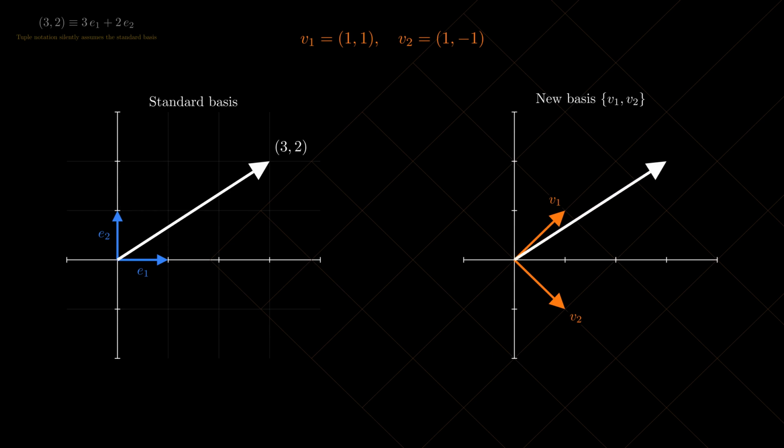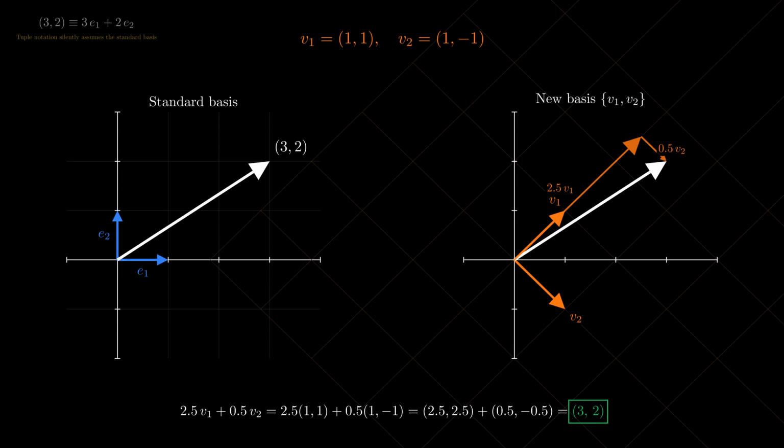The same arrow now decomposes as 2.5 times v1 plus 0.5 times v2. You can check it. 2.5 times (1, 1) is (2.5, 2.5), and 0.5 times (1, -1) is (0.5, -0.5). Add them and you get (3, 2), the original arrow, so its coordinates are now 2.5 and 0.5. Same arrow, different language. A common reflex is to think,